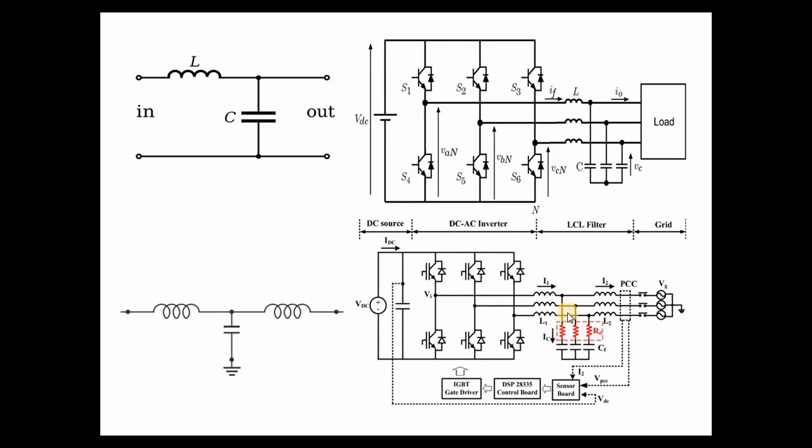So there is a chance for higher order harmonics to flow through this capacitor, and these higher order harmonics go directly to the grid, because if this inductor is not there, then there is no impedance across here. Currents will flow directly to the grid, because we are assuming that this impedance may be less than the impedance of this. If this impedance is very high, by adding this inductor, then only currents will flow through this capacitor.